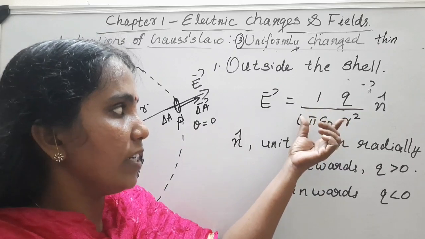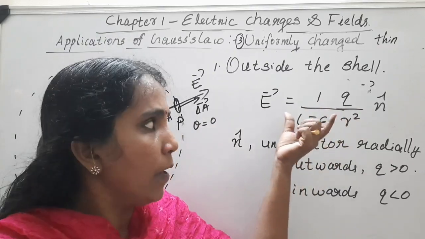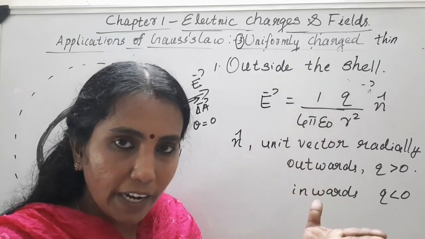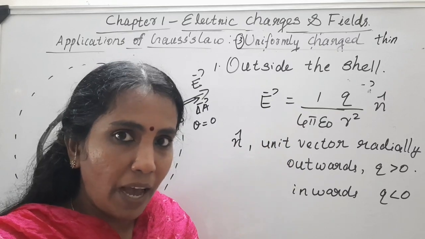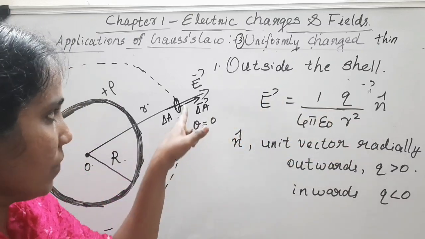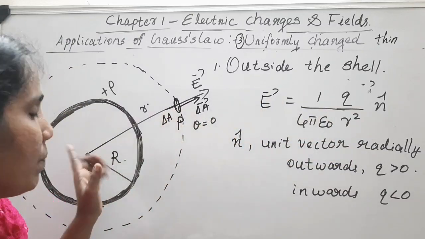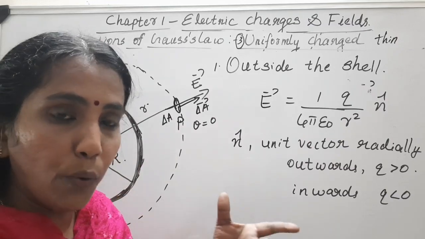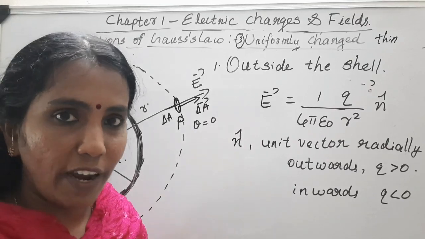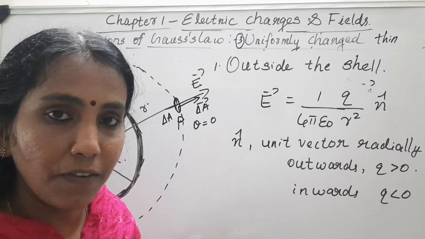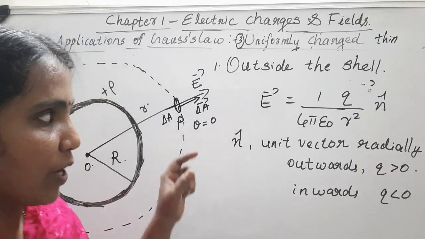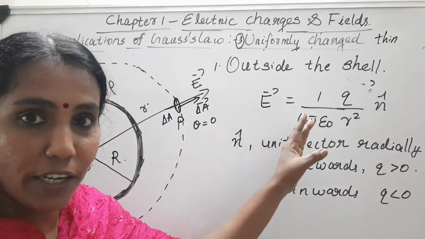So you know this equation is familiar to us. What is this equation? This equation is the field due to a point charge. So the field due to a spherical shell is the same as the field due to a point charge. What is this r? r is the distance of that point from the center. But where lies the charge Q? Q is actually on the surface of the spherical shell. But the field due to the spherical shell varies as if the whole charge is concentrated at the center. Don't you see that? Because this is the expression for field due to a point charge.